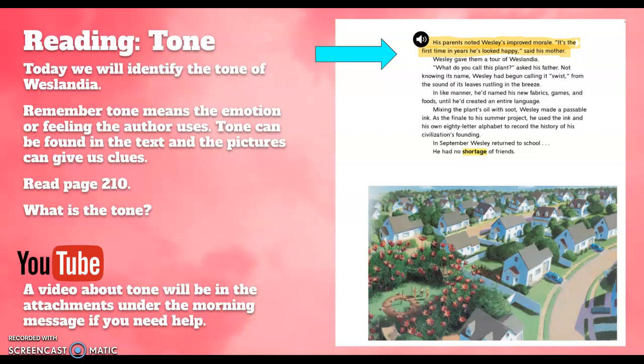In case you have additional questions about tone, I'm going to attach a video underneath the morning message, and you can go and watch that, and it'll just talk a little bit more about tone. The pages that we'll be working on are page 210 and 211. All right, let's go ahead and move from here. We're still going to be talking about tone,